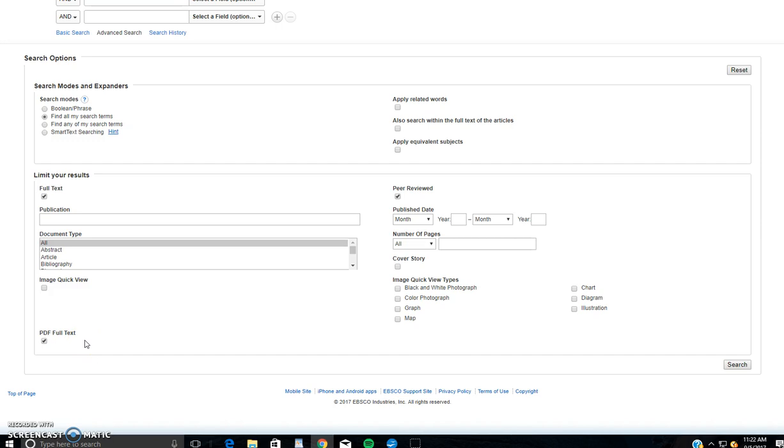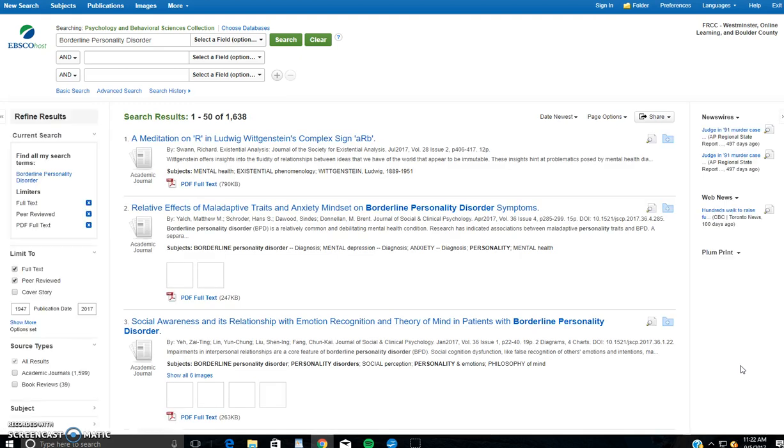for yourself because it's likely that your article is going to be kind of like a friend for a while until you get your paper written, as you're likely to have to read it more than once and refer to it a lot while you're writing your paper. So you click search and you come up with this